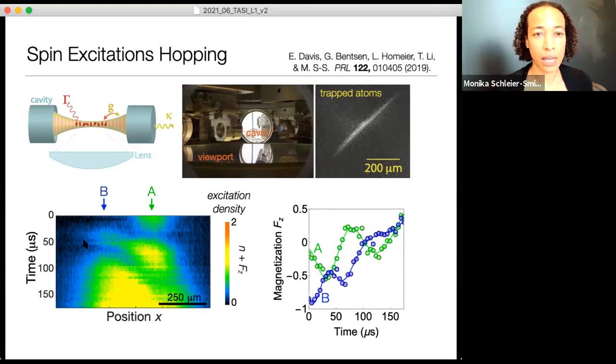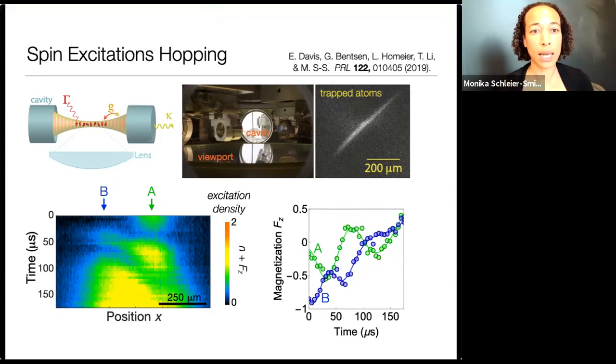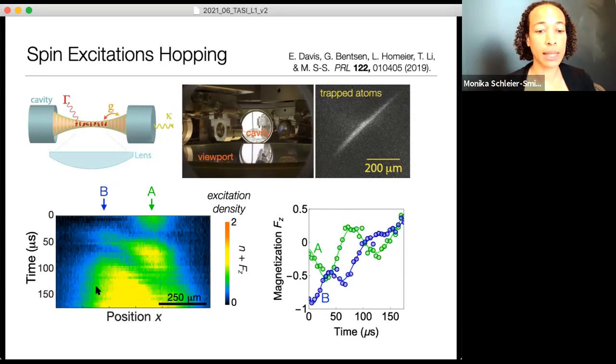The key thing that I like about this image is it was our first way of really seeing directly the non-local character of these interactions. In fact, the excitations don't just travel outward from A, they suddenly show up at B. Why do they suddenly show up here? It turns out you can understand this if you say that in this particular case, the strength of interaction between any two atoms is just given by the local intensity of the light field. And in this particular experiment, that intensity happened to be strongest toward the left part of the image. That's the center of the cavity. And that's why the excitation suddenly showed up here.